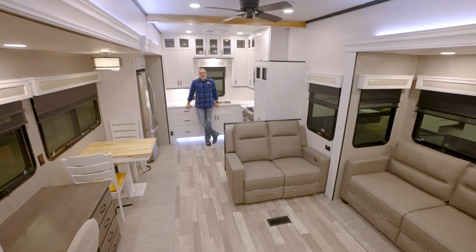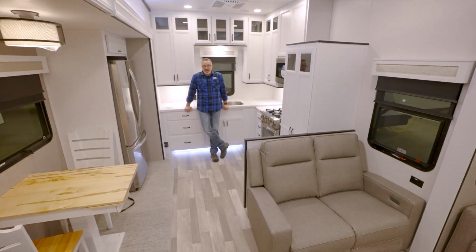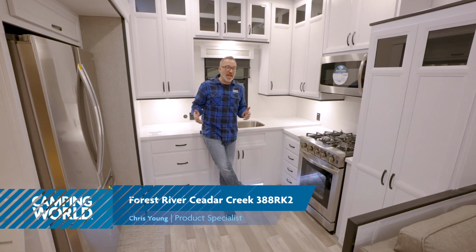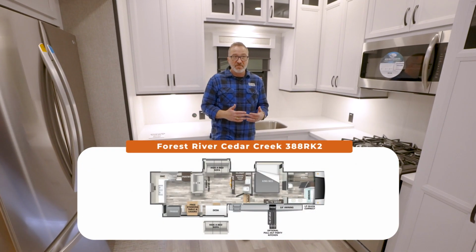Welcome to one of the most adaptable living space fifth wheel RVs I think I've ever seen. This is the brand new Forest River Cedar Creek 388 RK2, a rear kitchen floor plan that kind of feels like a mixture of a front living, front bath, just everything